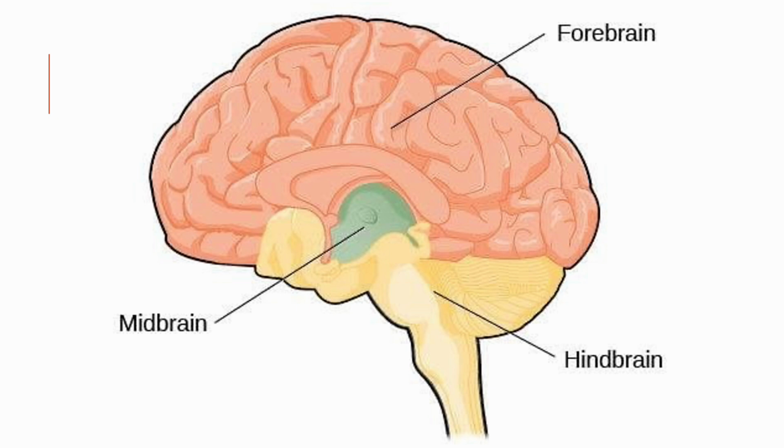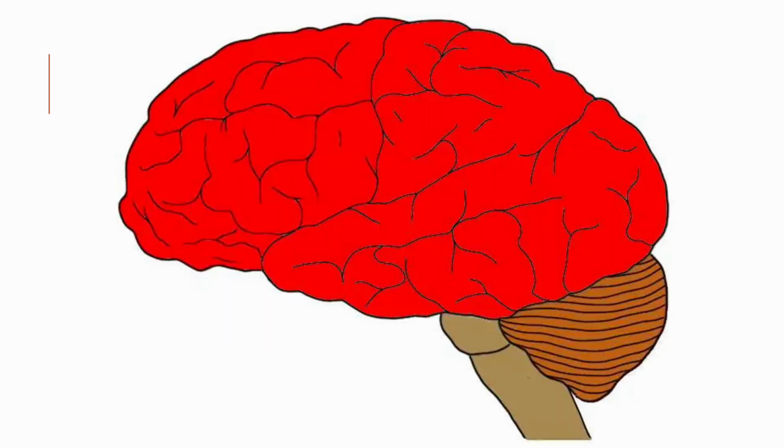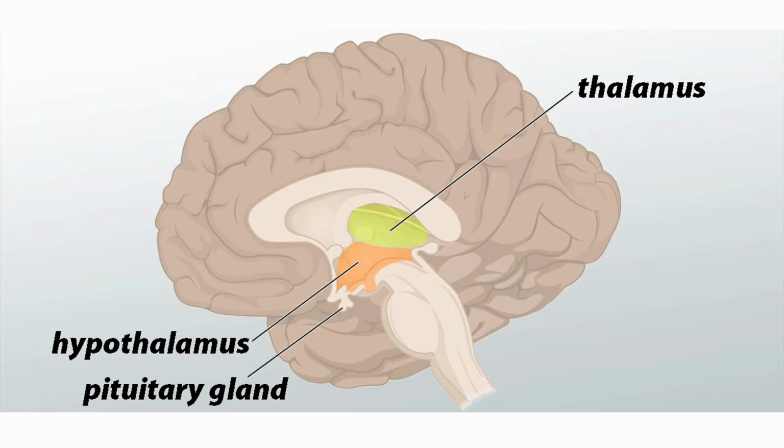The developing brain consists of three main divisions: the forebrain, the midbrain, and the hindbrain. The forebrain is the largest part of the nervous system in humans and is further subdivided into two other areas: the telencephalon and the diencephalon. The telencephalon is made up of the cerebral hemispheres, including the cerebral cortex, white matter, and basal ganglia. The diencephalon is composed of the